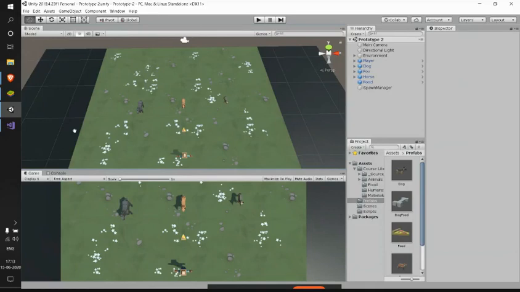We have used the spawn manager to successfully spawn our animals however we wanted.